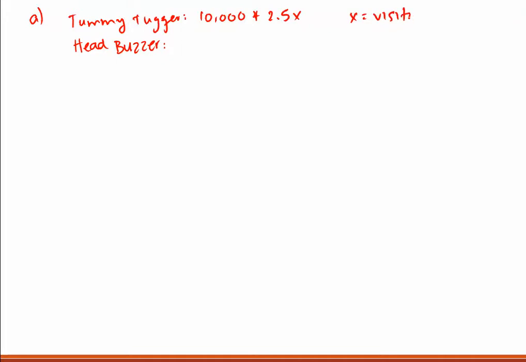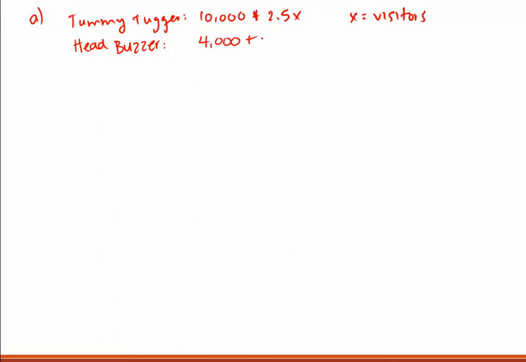Okay, so part A. Let's come up with an equation to describe the Tummy Tugger and one for the Head Buzzer. For the Tummy Tugger, we were given a fixed cost of $10,000 and a cost of 2.5 for every visitor. We're going to call X our visitors. And for the Head Buzzer, it costs $4,000 in fixed cost plus